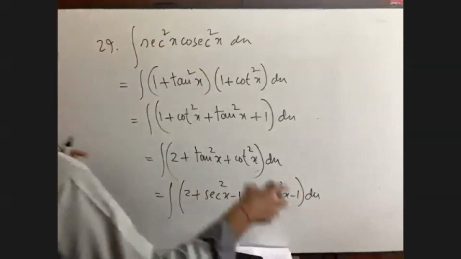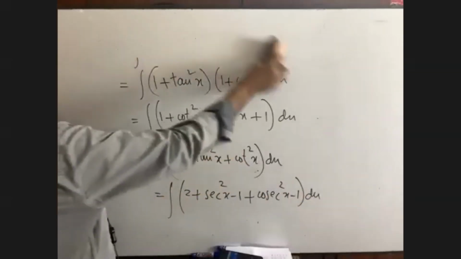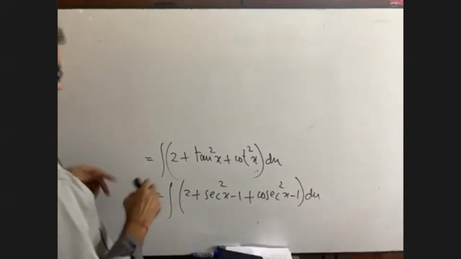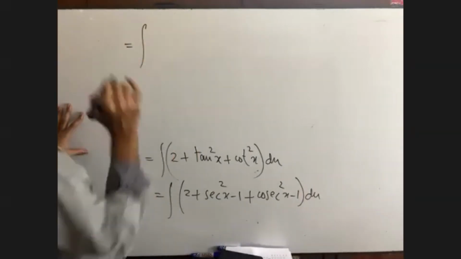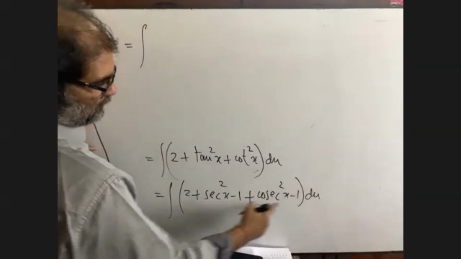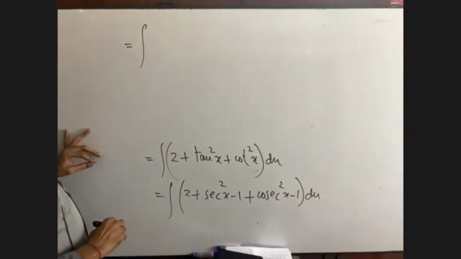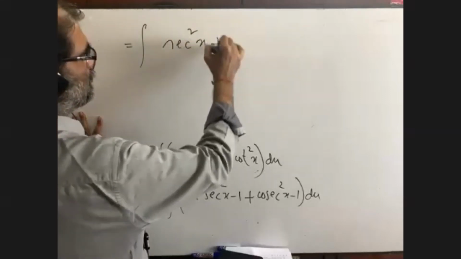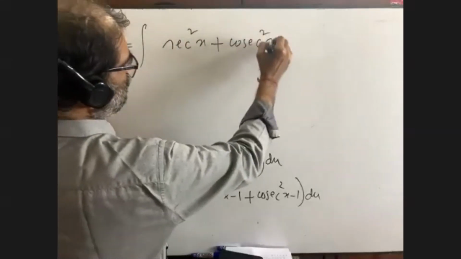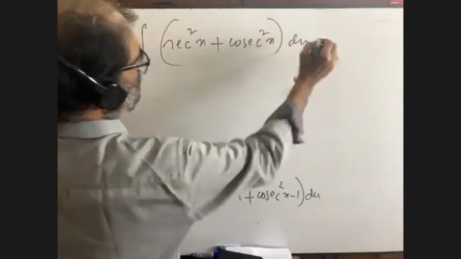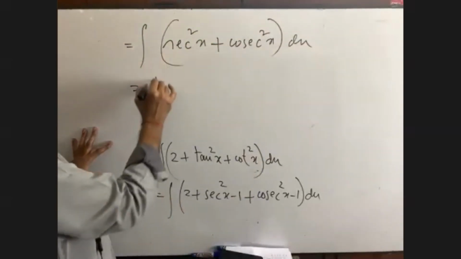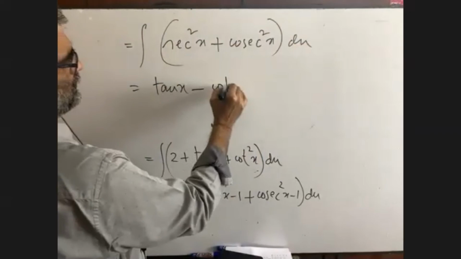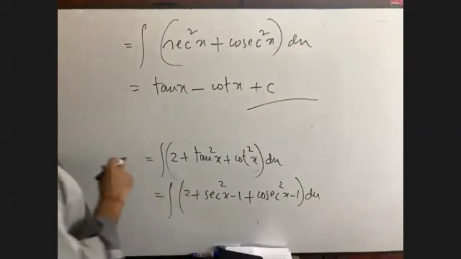You see, we are going back, but there is multiplication here. They are additive. Okay. Anyway, we are getting minus 1, minus 1, minus 2, and plus 2 omitted, and we are left with sec square x plus cosec square x dx. Now let me know, sec square x integration means what? Tan x. And what is cosec square x? Minus cot x plus c. We have got our answer.